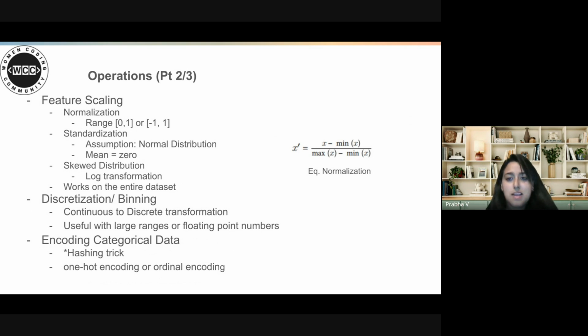Okay, and a couple more standard operations that you can do with the raw data set is feature scaling, which becomes really important when you have different variables with different units, different ranges, different value groups. For example, if you're comparing income, you would have it in the range of 10,000 to 100,000 or £1 million if you're lucky.